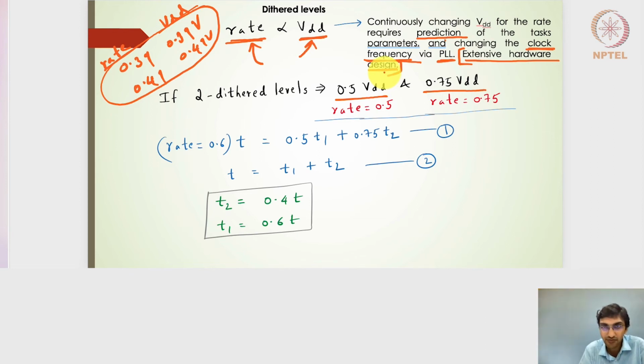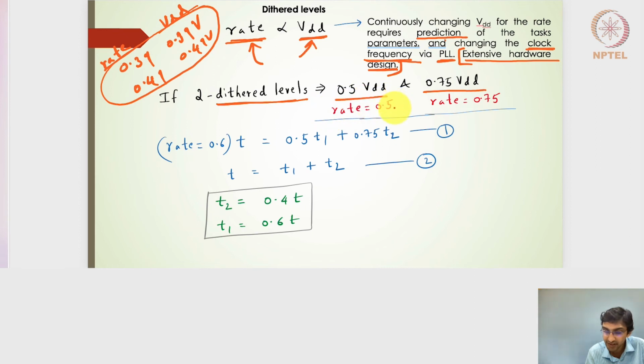So instead of doing that, why not have discrete levels? Discrete levels means having specific rail levels, and then configuring the rate according to those specific rail voltages that are available. So what I mean is, if I have specific rails of 0.5 VDD and 0.75 VDD, then for any task, whether it is task A, B, C, D, and whatever up till task Z,